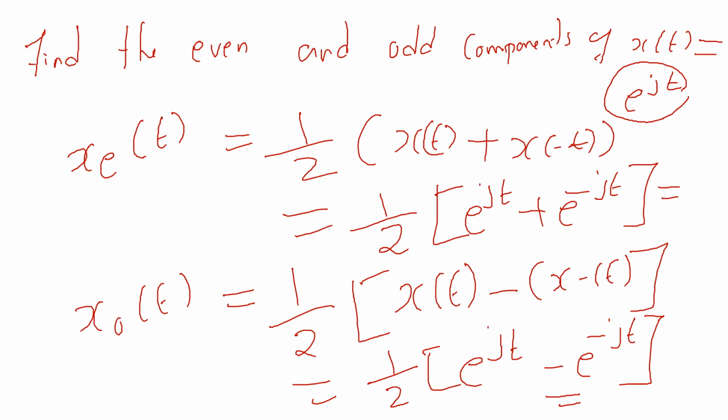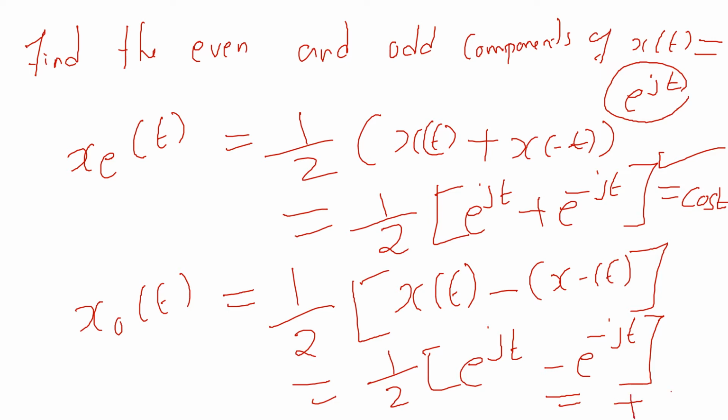However, this particular formula, I hope you remember this. Half times e power jt plus e power minus jt is nothing but cos of t. So this means half of e power jt minus e power minus jt is nothing but